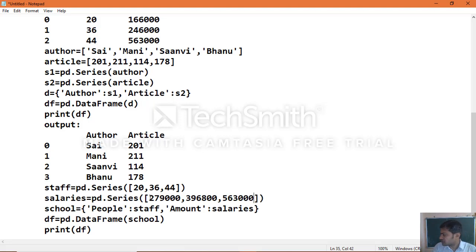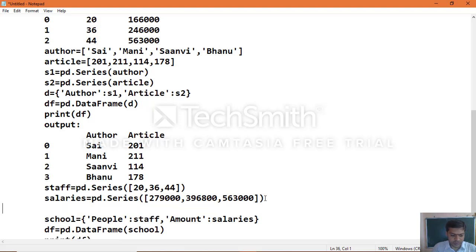Okay, then school equal to the salaries we made. After that, the average salary is calculated: average equal to salaries divided by the total staff of each branch, which we will consider.